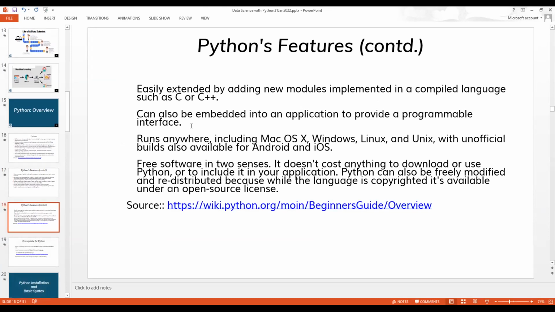Again, if you are a C programmer, I would request you to go to wiki.python.org, where we will understand how C is different from Python. But if you are not, there's no need as such. But if you have developed anything in C, you might have a look at these things.